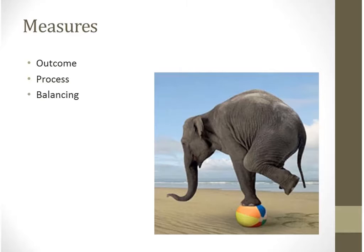They are those kind of end goals of who will be better off because of this work. Is it students? Is it older adults? Is it dentists? Your process measures are what are the things that you may do to accomplish that improvement. And then the balancing measures is something that's somewhat unique to quality improvement, but it's really this idea of, are we robbing Peter to pay Paul? Are there unintended consequences of the work that we're doing, for better or for worse, as an impact of the